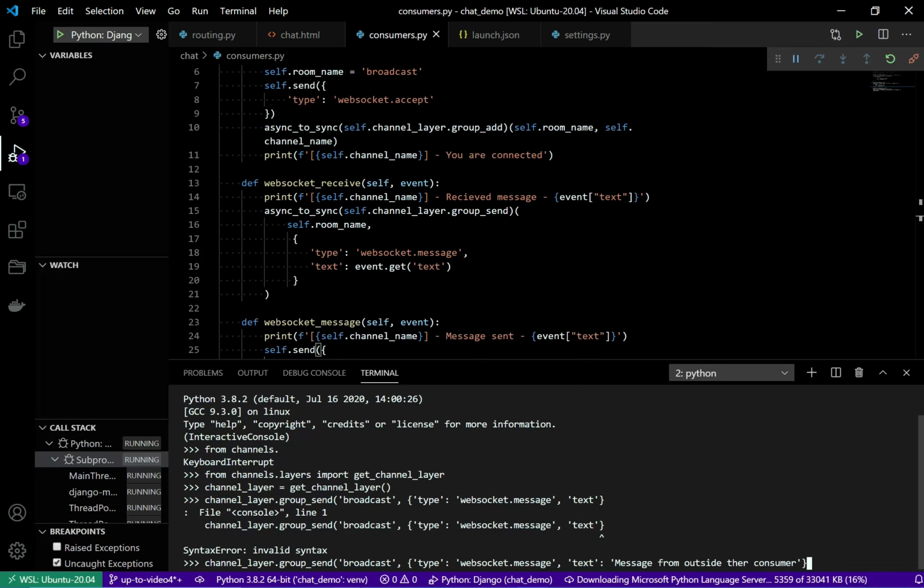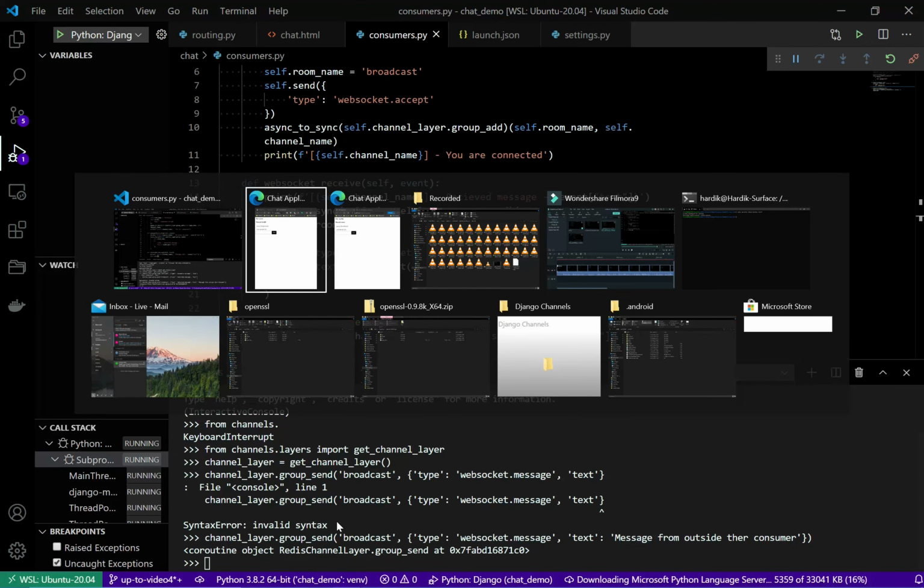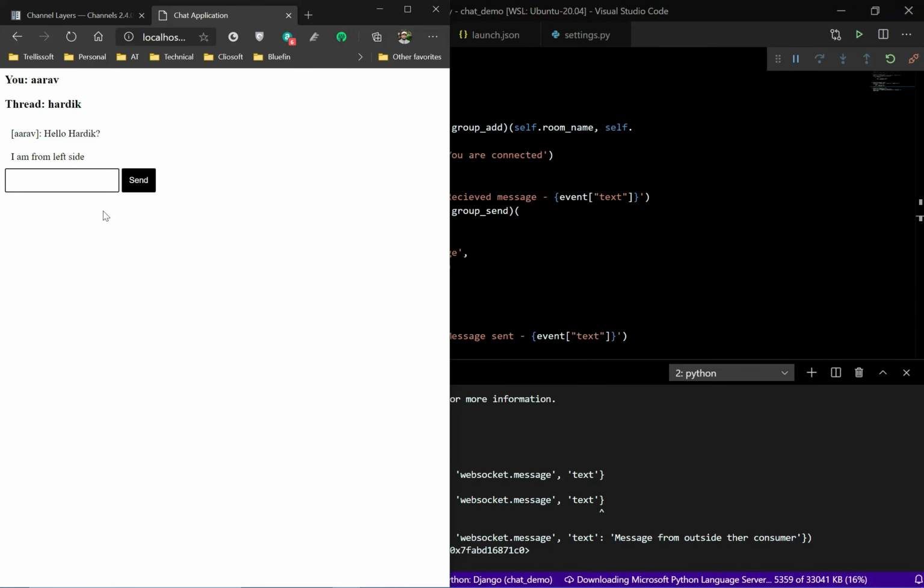Okay, all right, let me send this message. But as you know, we need to convert this function from asynchronous to synchronous, because our consumer is still a synchronous consumer, right? If I send this as is, it will give me a coroutine, but it will not execute the message send function, and the message will not be received by the client.